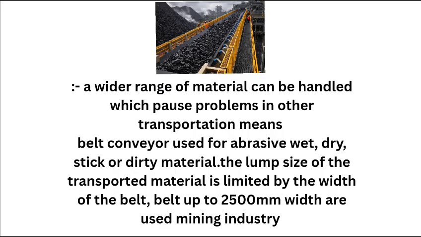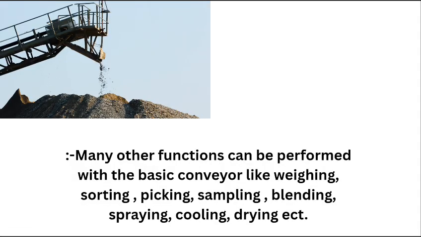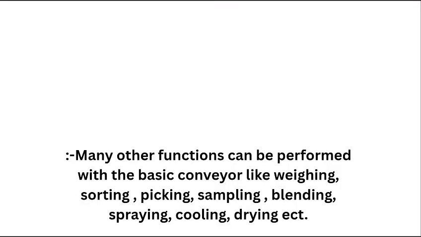The lump size of the transported material is limited by the width of the belt. Belts up to 2500 mm width are used in the mining industry. Many other functions can be performed with the basic conveyor like weighing, sorting, picking, sampling, blending and spraying, cooling, drying,